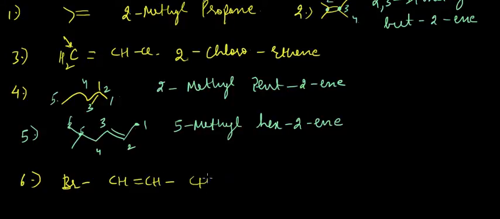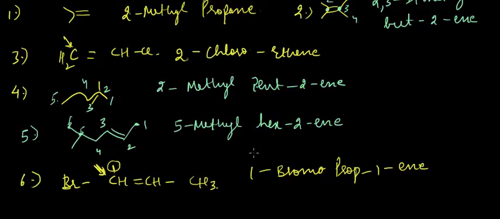And CH3. Okay, so if you start numbering from this carbon atom, I think you can find the alkene at first position itself. So this would be the IUPAC name 1-bromoprop-1-ene. Okay,